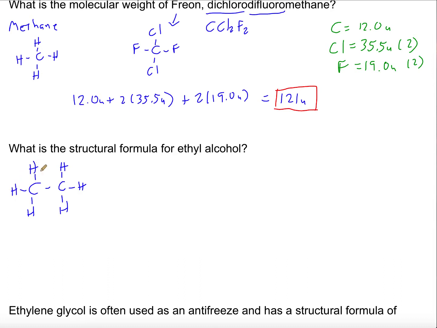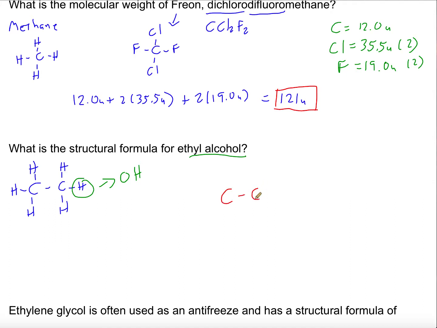Now, to make it an ethyl alcohol, what we have to do is replace, we want to make this an alcohol, we have to replace one of these H's with an OH. So that gives it the needed portion for the alcohol. So our answer would be, we start off with the ethyl radical, so we'd